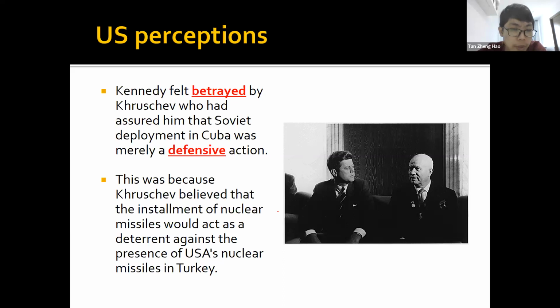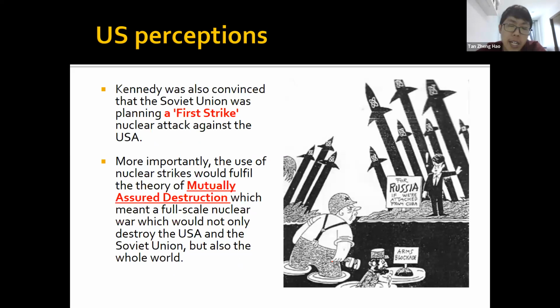And Kennedy thought that was because of revenge. Because the US at that time had missiles in Turkey that could be a threat to the USSR. So Kennedy thought, because I placed all these missiles near the USSR, they wanted to take revenge and place missiles near the US in Cuba. And the US thought that the USSR wanted to do a first strike. That means they want the ability to hit the USA first. And if they have a missile base right outside the US, there's a very good chance the US will be the one to be hit first.